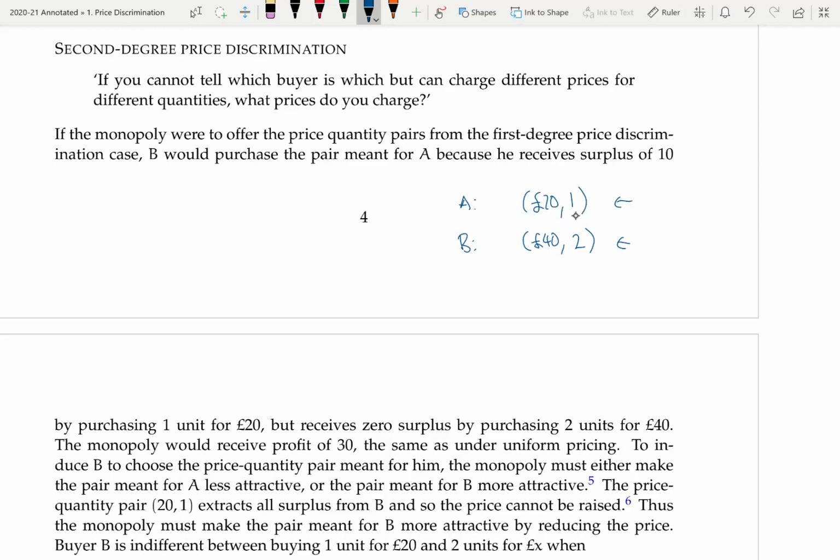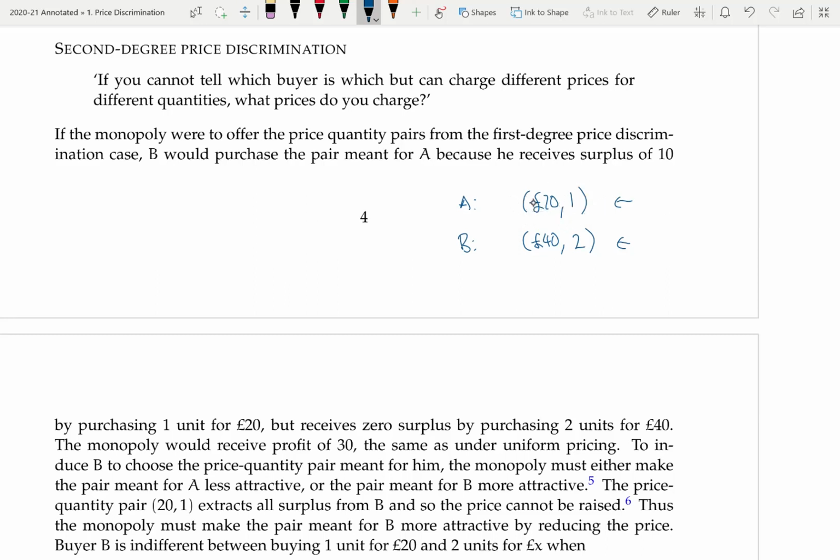They would get a surplus of 30 minus 20, or 10. But they get zero surplus from this one because they're willing to pay 40 for 2 units. So buyer B would actually prefer to buy this one. And so by offering these two options, the monopoly is going to sell just 2 of these price quantity pairs,